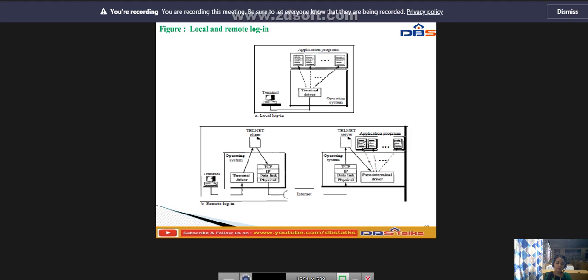She performs remote login. Here the telnet client and server programs come into use. The user sends the keystrokes to the terminal driver, where the local operating system accepts the characters but does not interpret them. So this is the local and remote login.